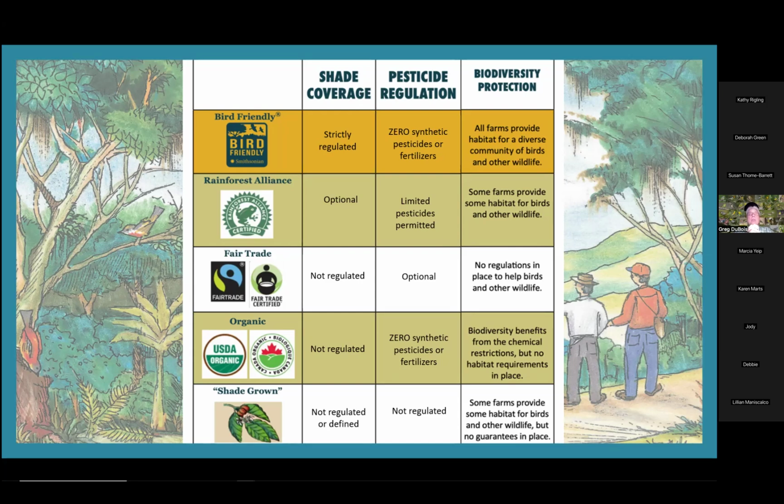considering purchasing. We just finished looking at the bird-friendly certification program, and I think you might agree that shade coverage is strictly regulated. How much shade, how many native species, canopy layers, height of highest canopy, all those criteria that I just read off to you are part of the bird-friendly